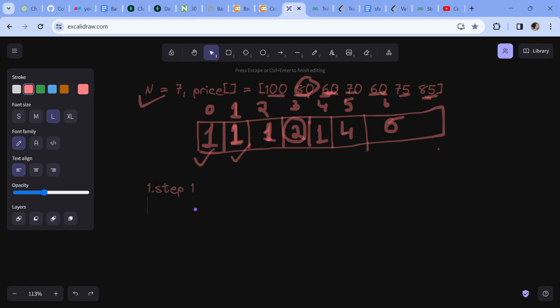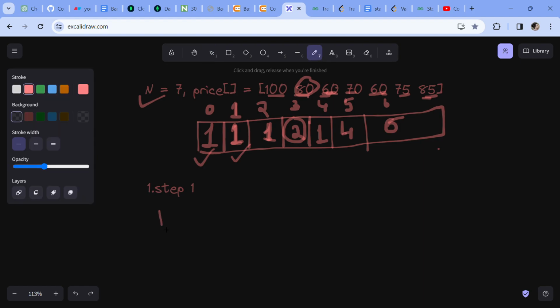So for example, I have taken an array, that is an empty vector. Now I will see, is there an element on the left that is less than 100? No, there is no element, so I will return -1. So I will put -1 into my vector, this is index 0,